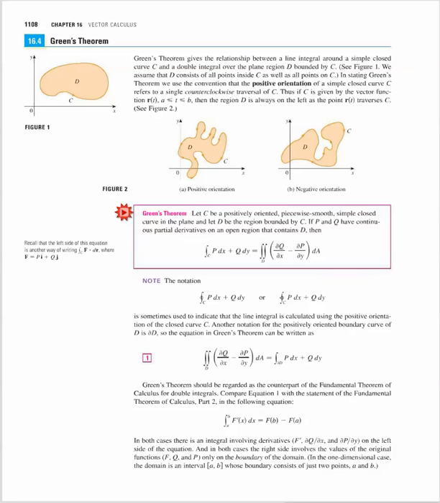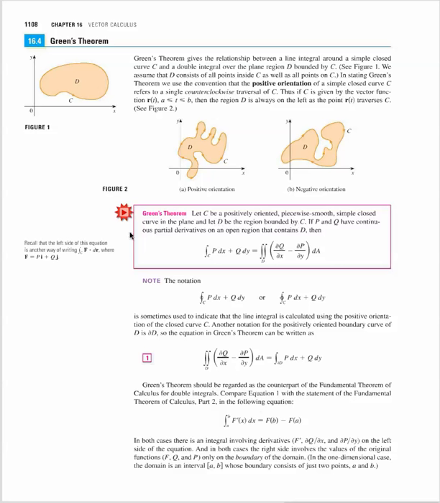Moving straight into 16.4 is Green's theorem. First it establishes the idea of a positive orientation of a curve. If I have a curve that encloses a region, we say that we have positive orientation on that curve if I go around it counterclockwise. And what Green's theorem says is that if I have a simple closed curve, which is piecewise smooth, and if it's positively oriented, if I traverse it counterclockwise as I go around a parameterization of the curve,